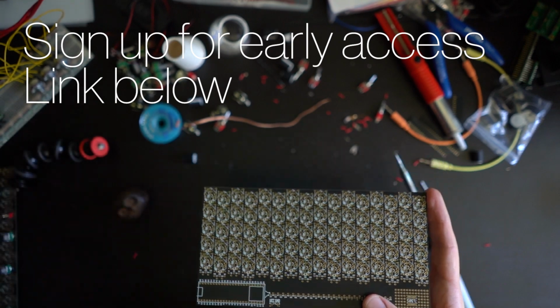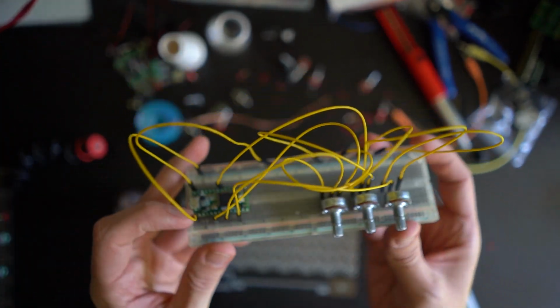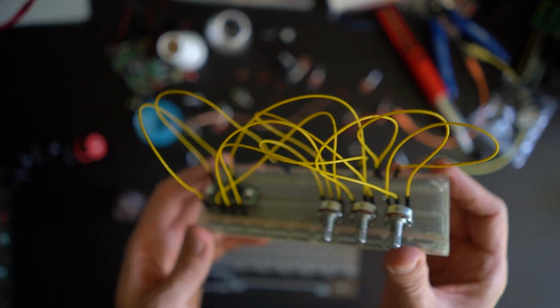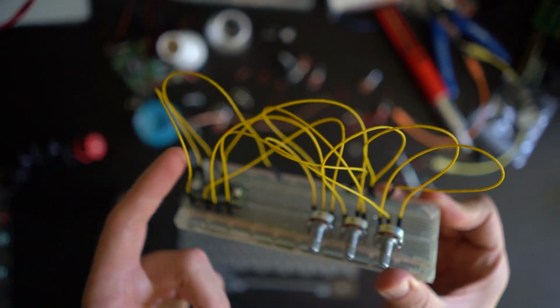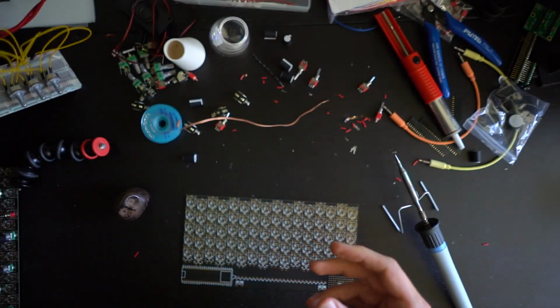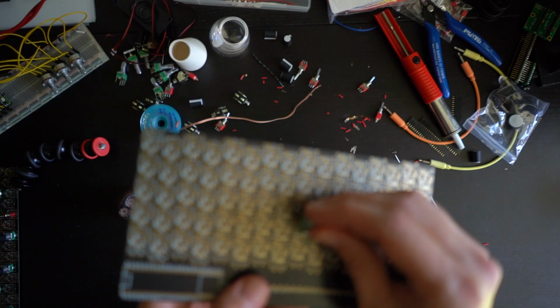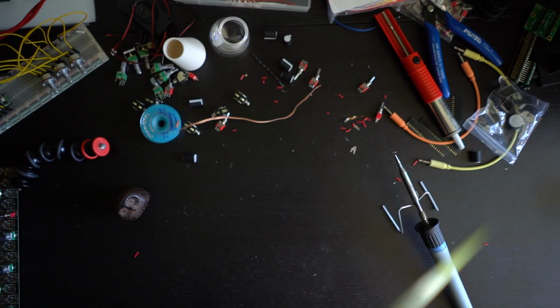The thing is that you see this? This is a breadboard connected to a little Teensy 3.2, which is a powerhouse for synths, and it's ridiculously small. But see the amount of wires you have here for 3 knobs? With this, all you need to do is to take one of the footprints, connect...